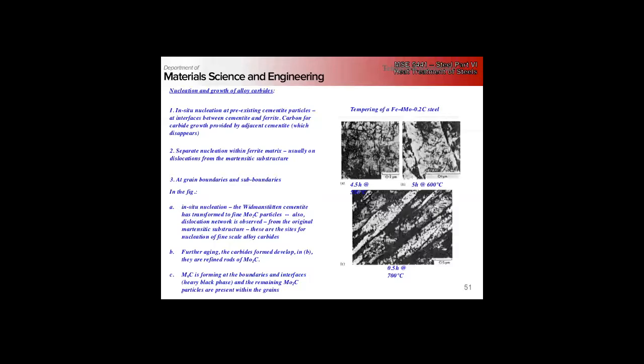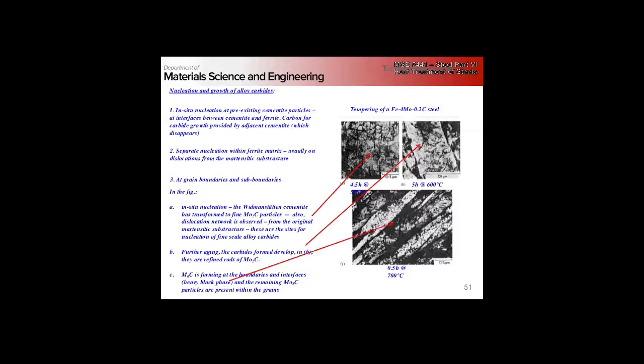Basically, the big thing on this slide is that a lot of these alloy carbides nucleate heterogeneously, right, on dislocations in the martensite structure, and nucleate at grain boundaries and sub-boundaries, right? And basically, we see these molybdenum carbides, right? There's a couple different allotropes that form, different compounds that form, and we see them originally on the dislocation networks, right? And then they age and they form. I got arrows here,